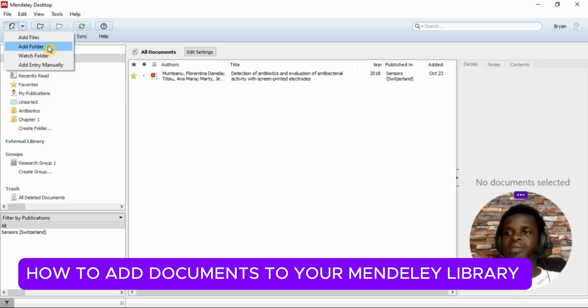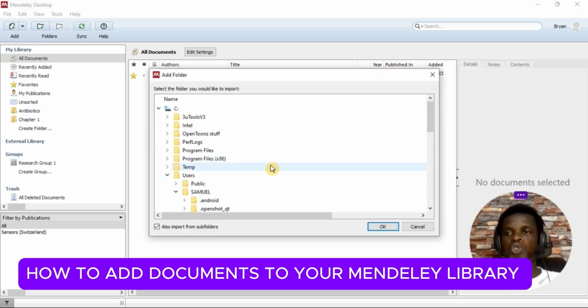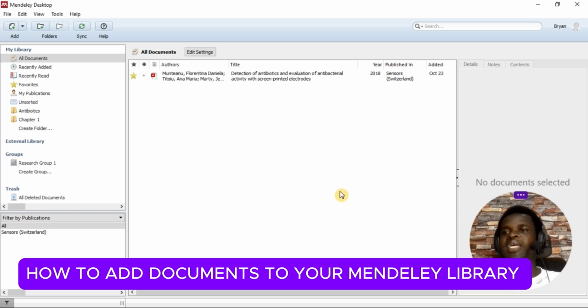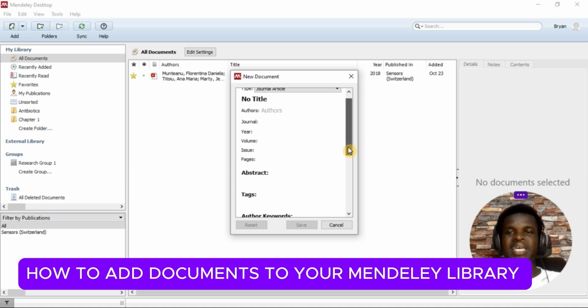Next, I can add folders. The same process, just click on it, you'll be directed to your desktop, then you choose a particular folder you want to add. The third method is manual entry. Now I can do that manually. If you click on it, Mendeley will ask you for the information of the journal, the year. The manual entry is quite complex. I don't know why somebody will want that, but the easiest